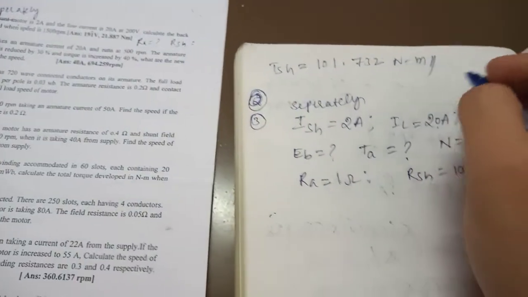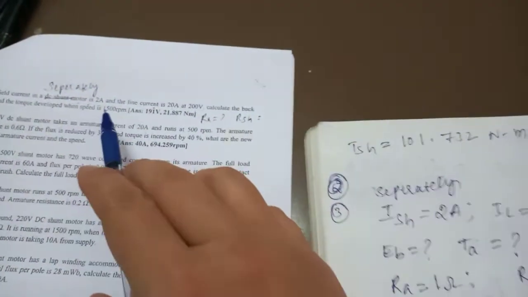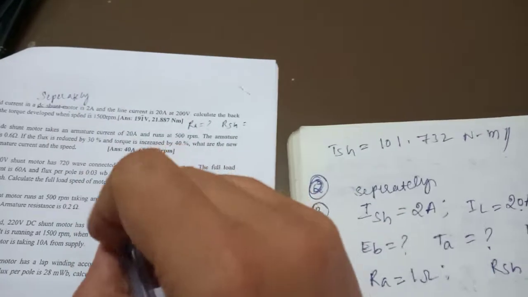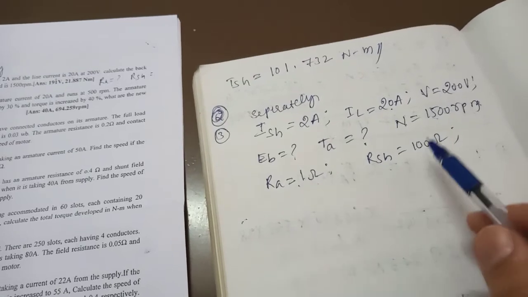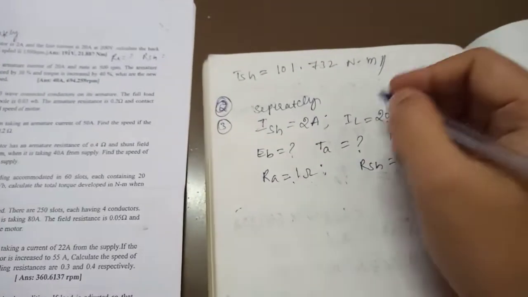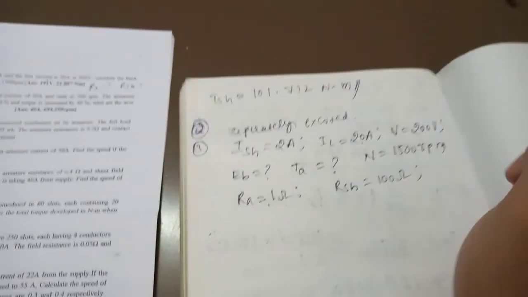We have already discussed two problems on the shunt motor. A similar type of problem also this is. You can solve this if you take this as a shunt motor, by taking RA is equal to 1 ohm and RSH is equal to 100 ohm. Now I will solve taking this as separately excited instead of shunt motor.